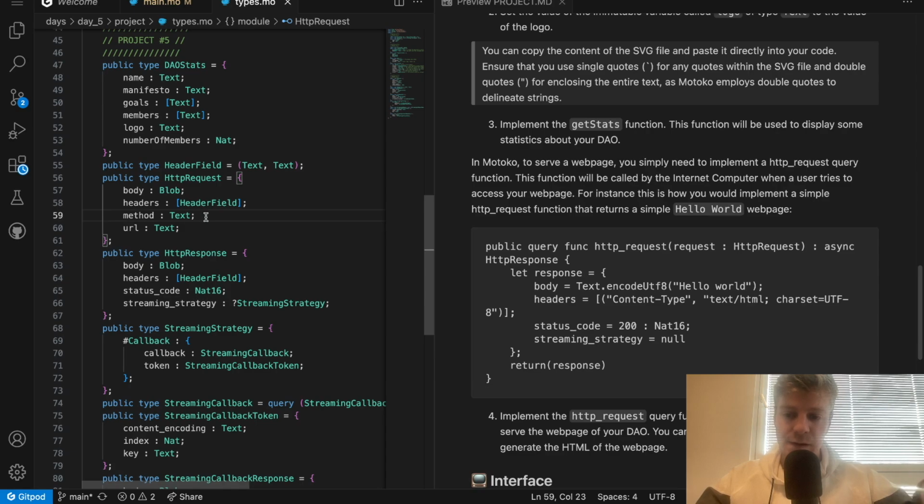So you can find resources and videos that explain what the body, the headers, the method, and the status code are. The streaming strategy is probably specific to the IC. Essentially,